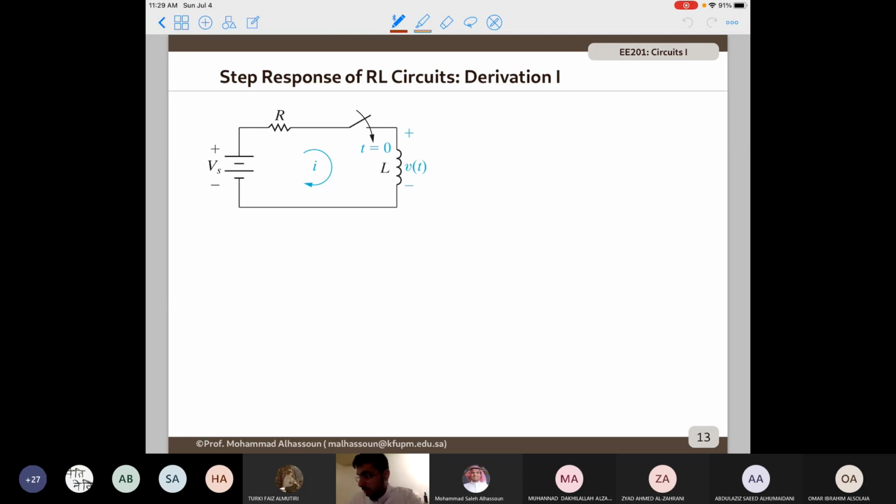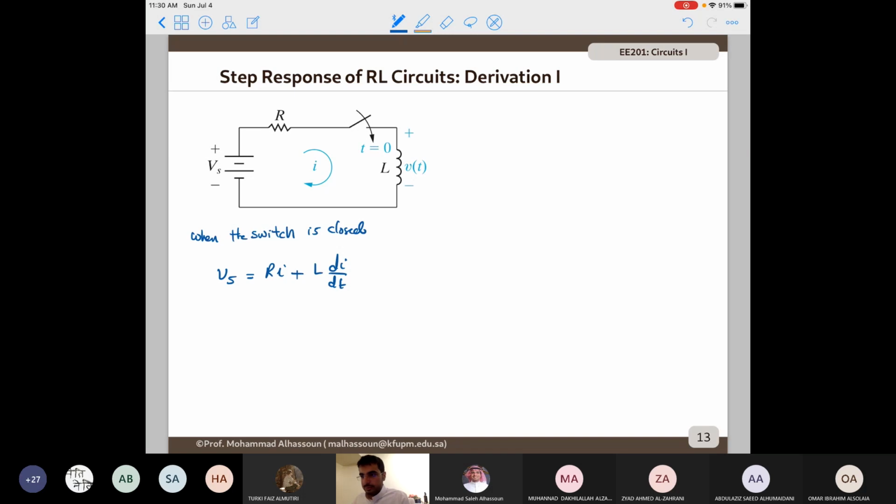So when the switch is closed, applying KVL, we have minus Vs plus Ri plus L di by dt. So this is again a differential equation. Let me write it